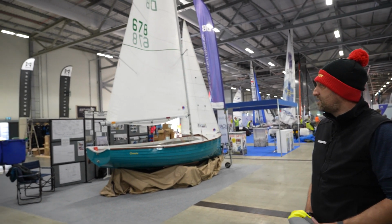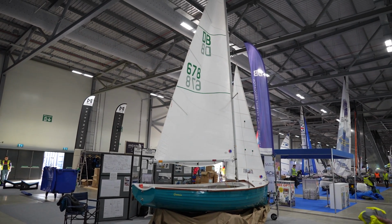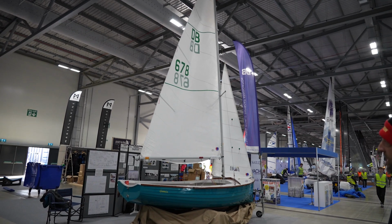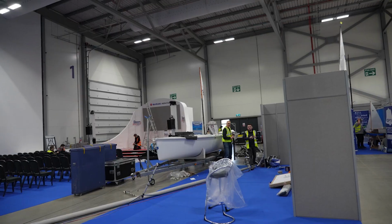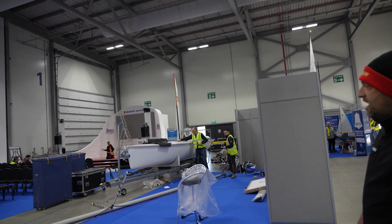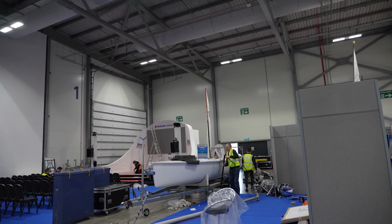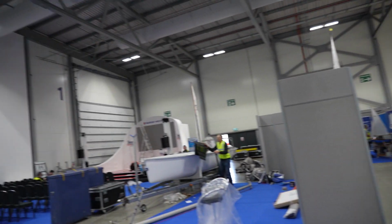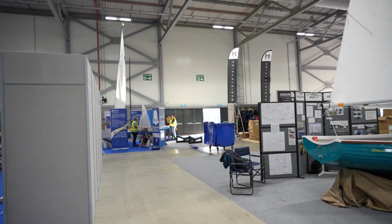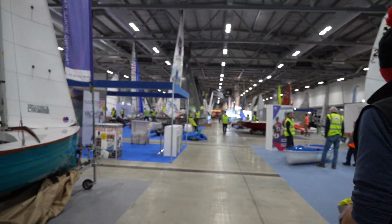Prime example actually is the day boat here, Yachting World Day Boat. That's here not because the builder is here, but that's actually the class association representing their boat. So the first boat in build here is the SB20. Most of that boat is Harken fitted, which is quite nice. So the guys are just fitting that boat there. Main stage at the back. And then as we come through the show, various different styles of dinghy, from GP14s,